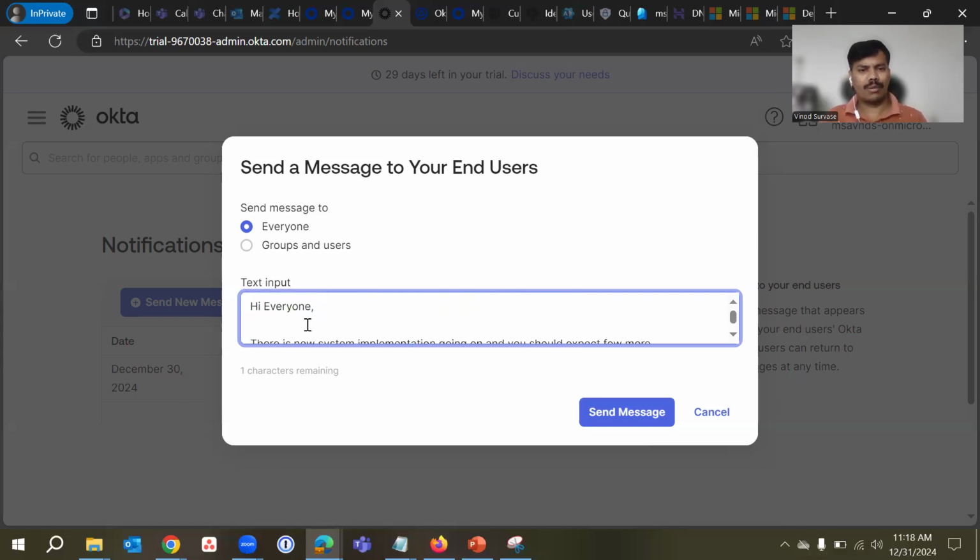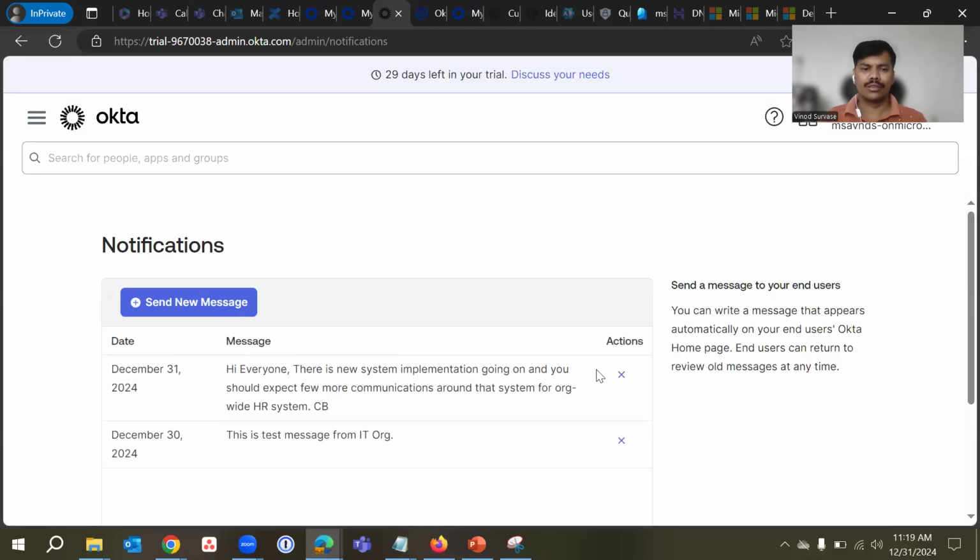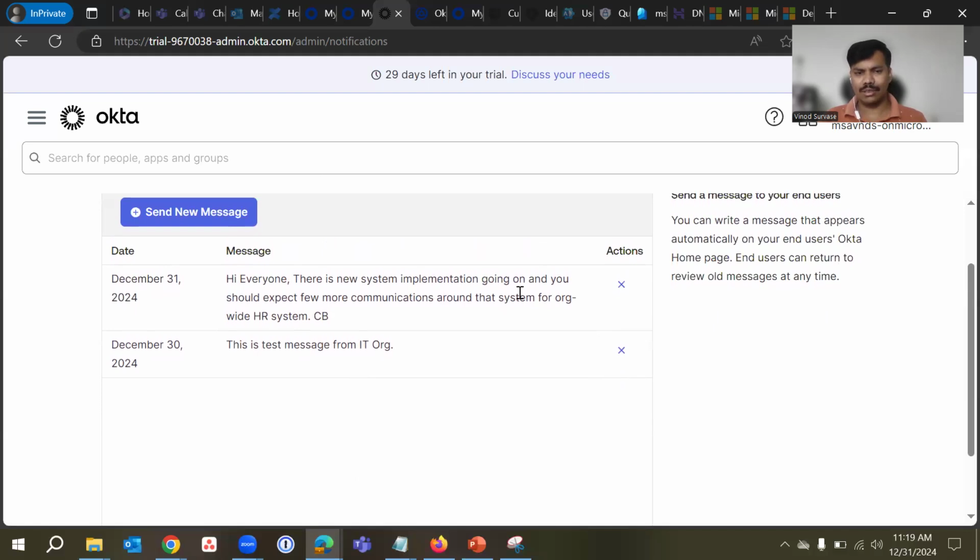So I have drafted a message. Maybe I can remove this space, and this should be good here, right? So now this is the message, but as soon as I hit the send message button, it is going to be sent out. So I'll simply copy this once and send it. So you can see that this message has been sent, and it is showing on this date, and this is